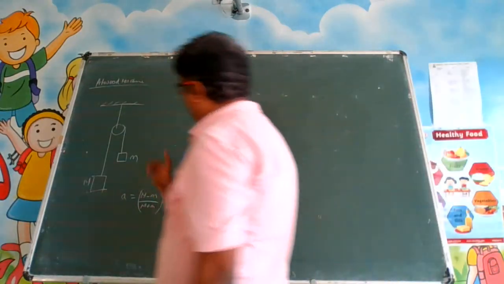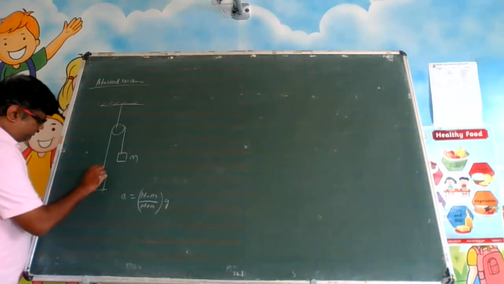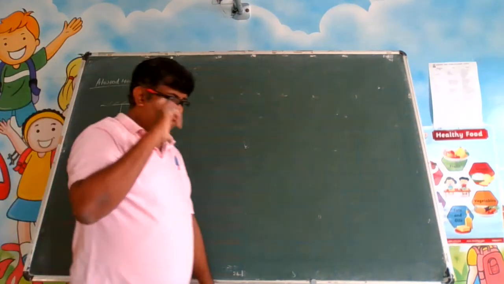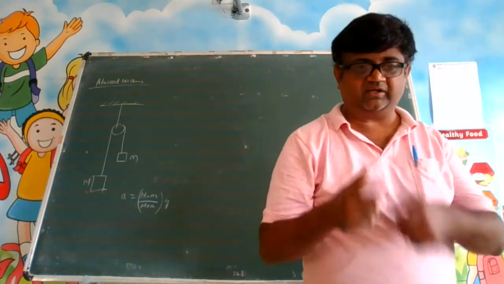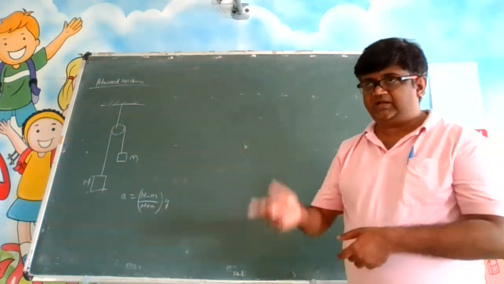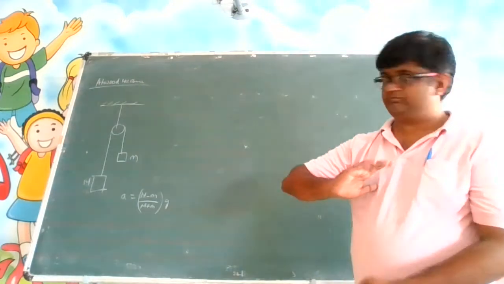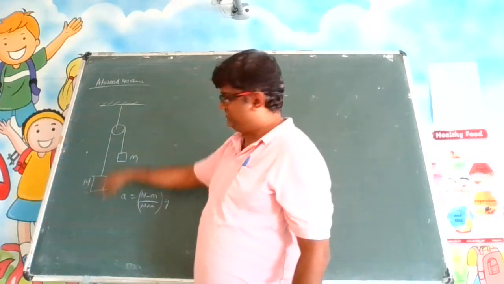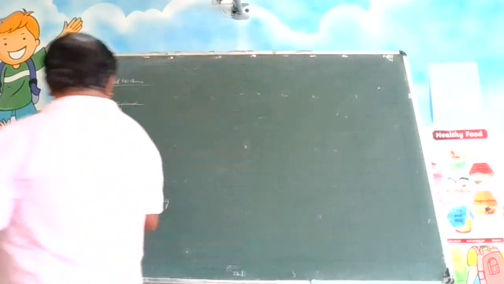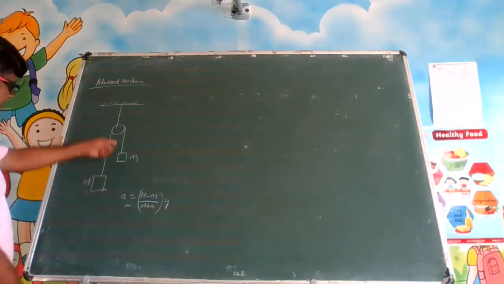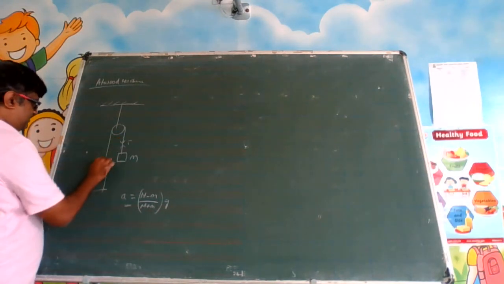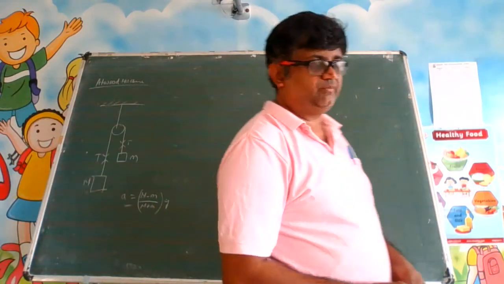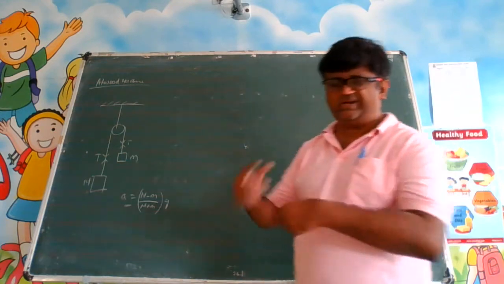Here, what was the situation there? This rope was slipping on the pulley. This pulley, जैसे वो well में से कुआं में से हम लोग जो निकालते हैं ना पानी, तो there is a pulley there. There can be a situation that rope is slipping on that. The pulley is not rotated. Pulley ऐसा का ऐसा ही है, ये rope ऊपर नीचे जा रहा है. Then you said that the common acceleration was this. You can get the expression also for T. Here there is a T and here there is a T. This T was same. Now we are going to discuss a case where the pulley is rotating, right?